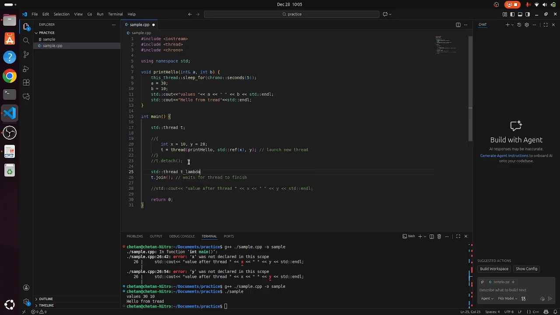t_lambda. And now inside t_lambda, I'll straight away pass a lambda function. Instead of creating a separate function and then passing it into my thread, I can directly create an anonymous function and pass it over here. So say I have a lambda function and I just want to see out something. So cout, say, lambda function called,